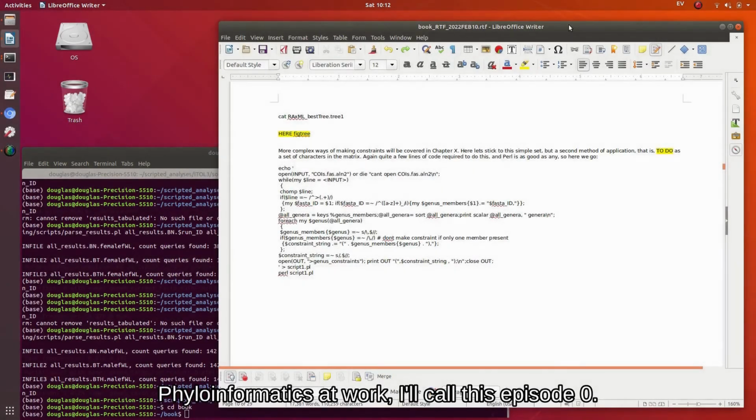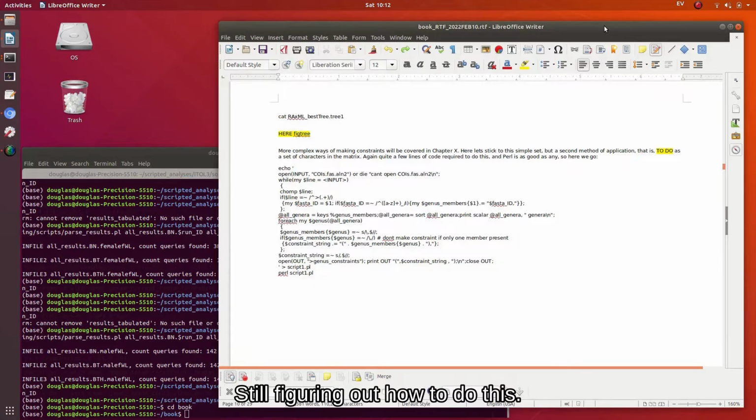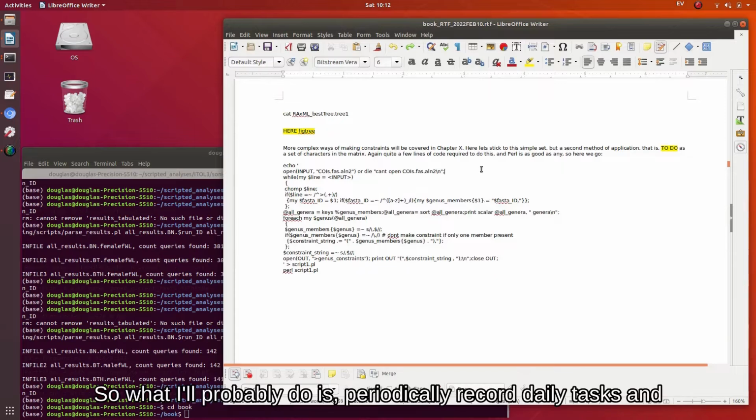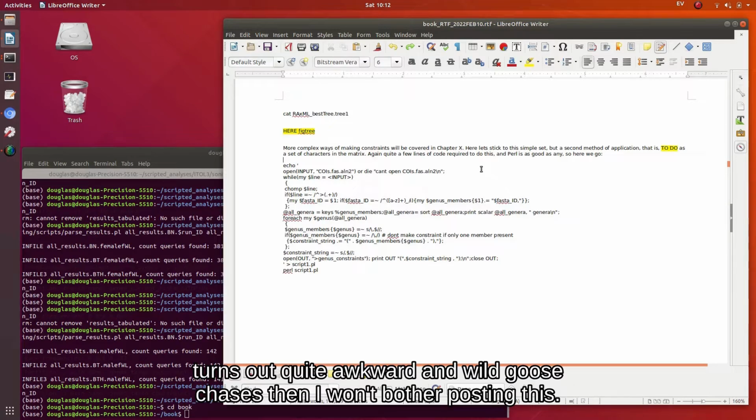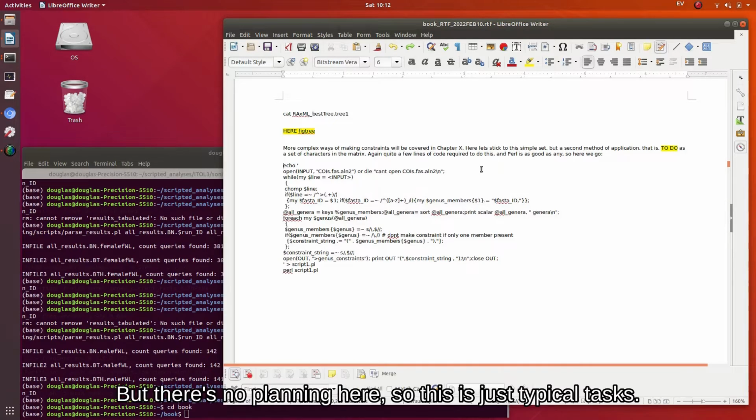Phyloinformatics at work. I'll call this episode 0. Still figuring out how to do this. So what I'll probably do is periodically record daily tasks, and if it goes pretty smoothly then this can be posted. If not, if it turns out quite awkward and there's wild goose chases, maybe I won't bother posting this. But there's no planning here, so this is just